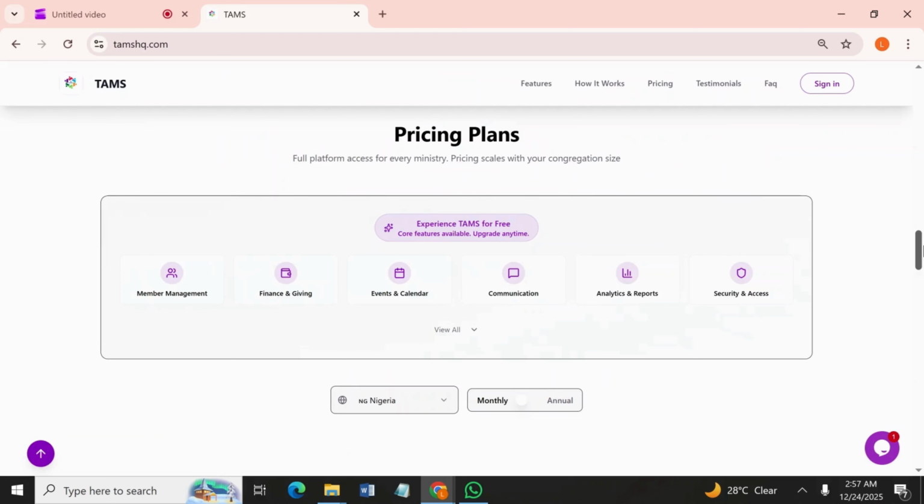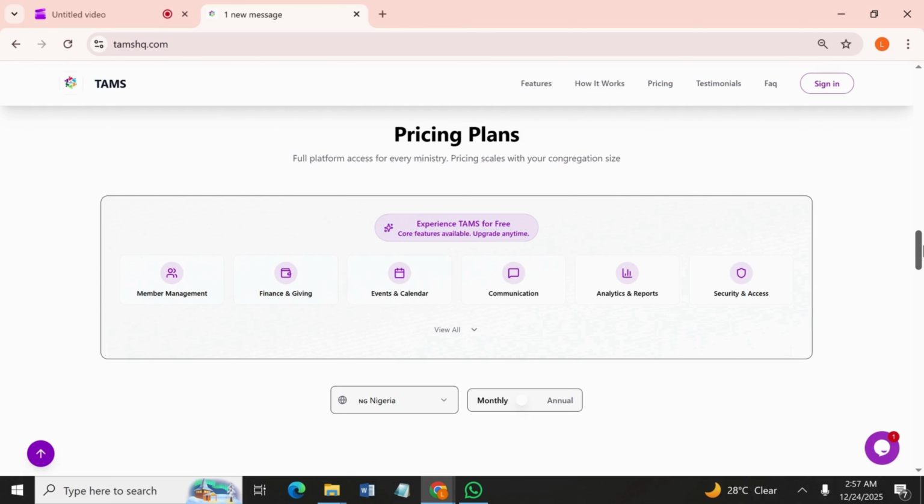All right, let's talk about TAMS pricing plans. Now, we have different plans for different churches. We also have the free plan where you have access to some of the key and basic features of the TAMS application. With the free plan, you have access to membership. Membership, you can get all your membership data, store it on TAMS, and see how many men, women, children, pretty much the basic information across men, women, first timers and workers within the church.